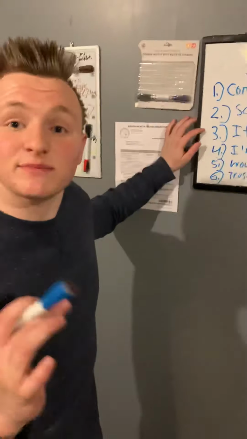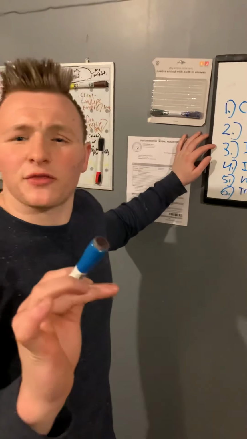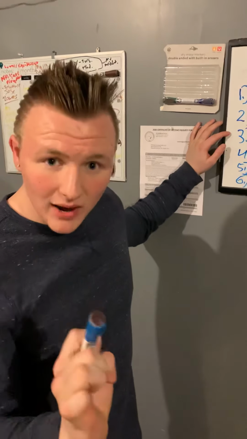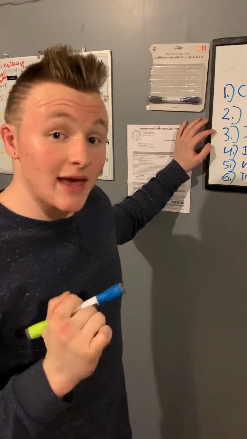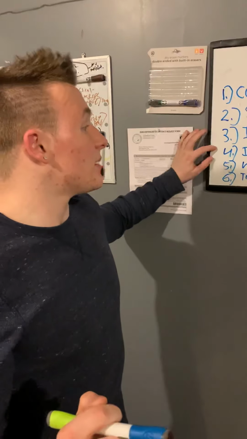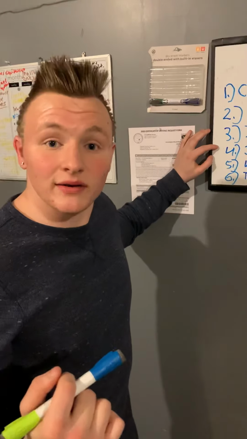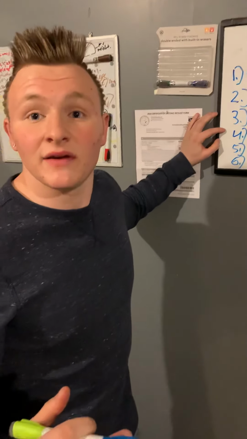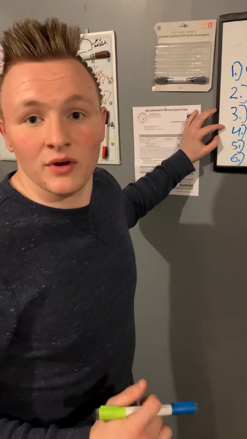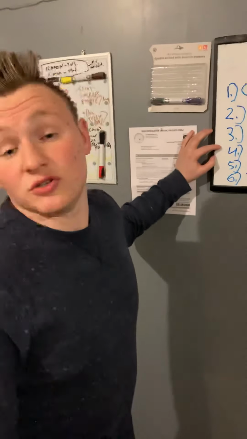Number 3, it's my duty. You have to be an authority figure. Mr. Jones, it's my duty to close you in this home because 80% of projects in the construction industry end in a complaint. And if I walk out that door, I'm giving you an 80% chance of failure. Number 4, Mr. Jones, I'm not going to quit on you. Okay? I refuse to believe that we're not the best company to come in here. We are the best equipped to help you and represent your family and do this project for you.